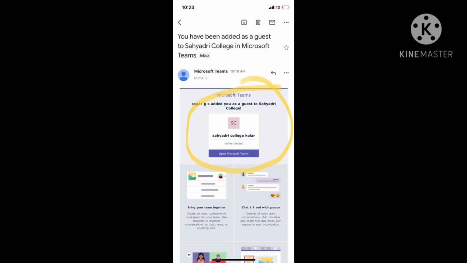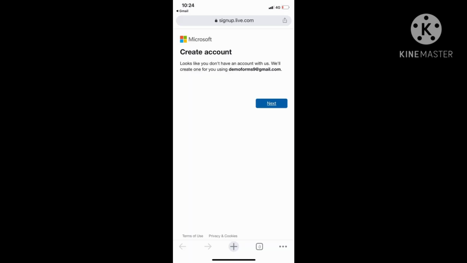So you will be having access to Microsoft Teams, and you have to remember your password and everything. I am mentioning it: if you share your credentials, that is your user ID and your password, with your friends, then when you are logging into the live class, both the students will not be able to hear the voice. That is the thing.